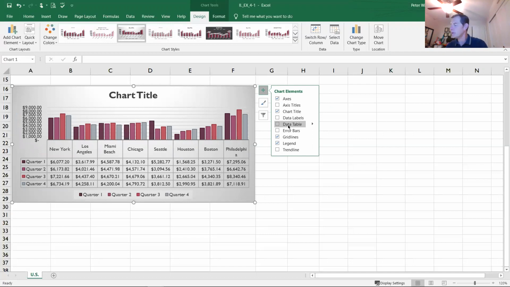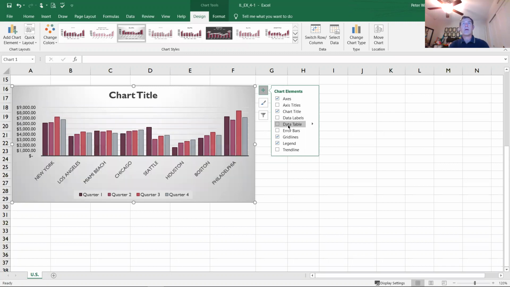Am I supposed to do a data table? Yes, I am. So, well, you know what? I'm not going to do it yet. I'm going to go through this the way it wants. So I'm going to click on the grid lines